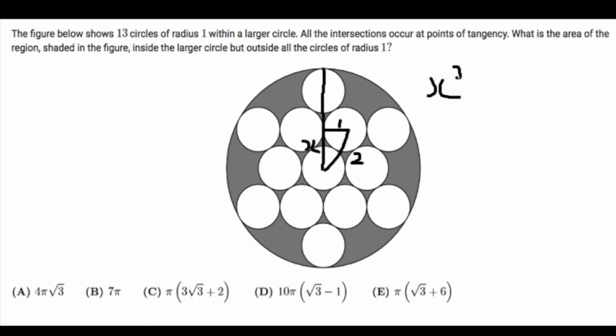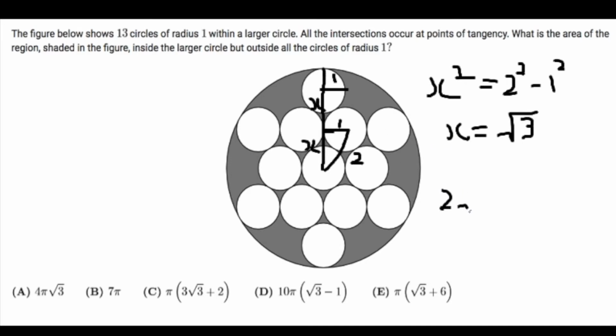We know that x squared is 2 squared minus 1 squared, so x is going to be the square root of 3. By symmetry, we know that this distance from here to here is also x, and this distance remaining is going to be 1. So we know that the radius of the larger circle is going to be 2 root 3 plus 1. To find the area of the larger circle, we just use pi r squared, which is going to be pi times 2 root 3